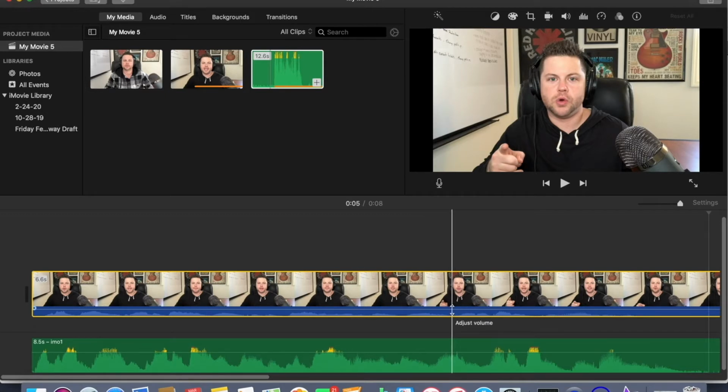audio to be doubling on itself, so you're going to have to come to the audio that came with your video, and there's this line that goes all the way across. You're going to put the cursor over it, and you're going to see that it says 100%, okay? That's the volume on the audio that came from your camera, okay? You're going to drop this all the way down to 0, and then you're going to go back and play